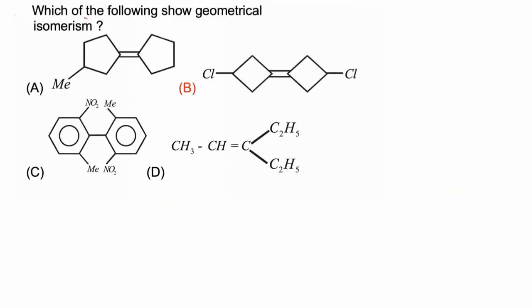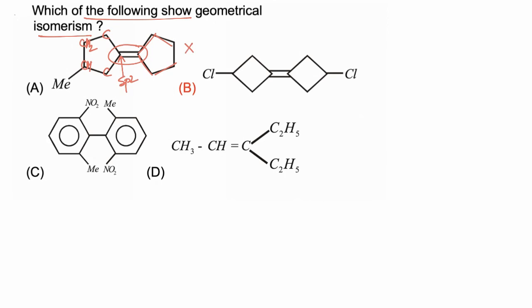Which of the following show geometrical isomerism? So if we consider first example, now around this double bond groups attached with sp2 carbon at left side are different. First atom is carbon, so there is no difference. Moving forward, here we are getting CH2, but here CH. So groups attached at left side are different, but moving in right hand direction, first we are getting CH2, moving forward we are again getting CH2, so no different from right side, hence this molecule will not show GI.